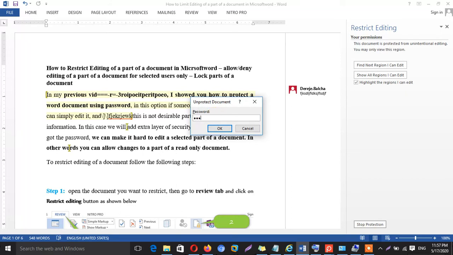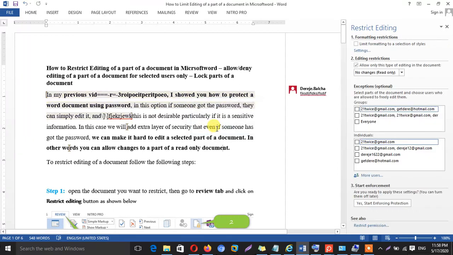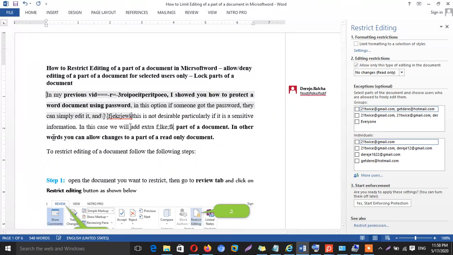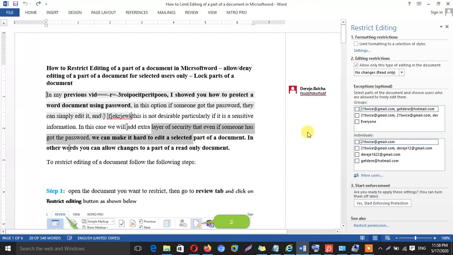Unless you have the password that you provided previously, you are not allowed to clear. Yeah, as you can see here, now I can enable once I clear the restrictions. This way we can limit a part of a document in a Word to be modified, or to deny some people from modifying certain part of a document.